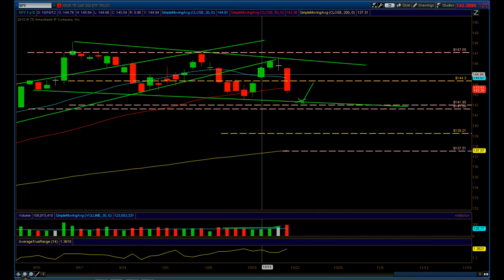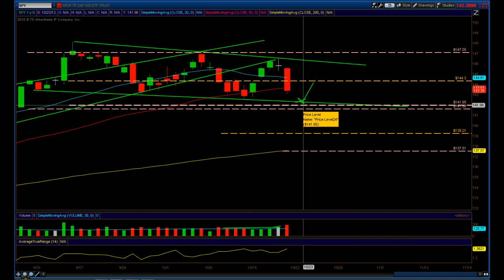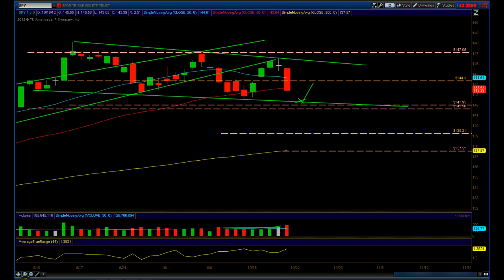I don't know. But for now, these mathematically calculated levels have been holding up and have been doing pretty well as of late. So I do expect maybe at least some sort of bounce over here, maybe a consolidation pattern of some sort. We could actually come down into this level on Monday and then get a strong bounce. It's really hard to tell at this point, but all we have is this bottom trend line here and the 141.95